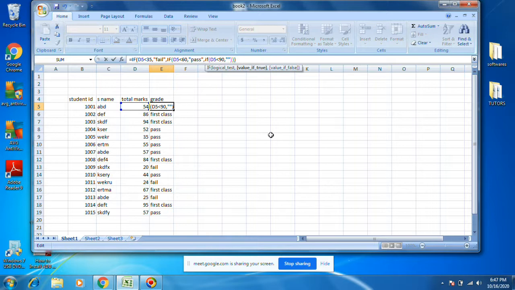First class. Another comma is false. You see this statement will come: logical test, value if true, value if false. In this false section we will put distinction.